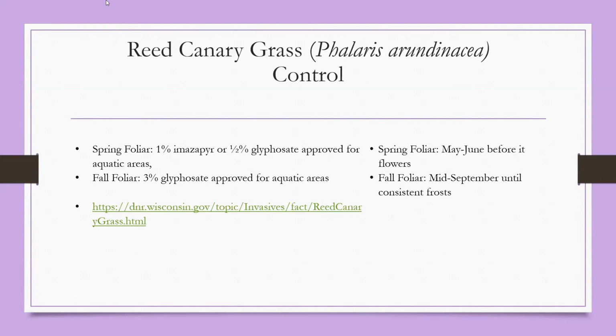We typically suggest that if possible, and you're okay with this, do both manual and chemical control to really get this under control. So you would continuously mow it once, maybe twice during the growing season, and then hit it in the fall with a good chemical application, just a 3% glyphosate. You could even do a 2% glyphosate fall application, and that really will cut down on your infestation with reed canary grass, kind of a combo treatment there.